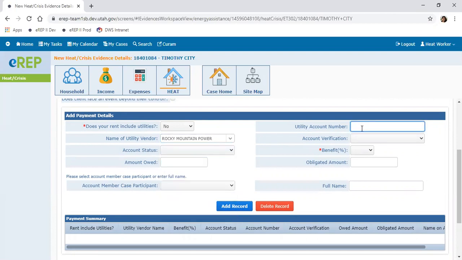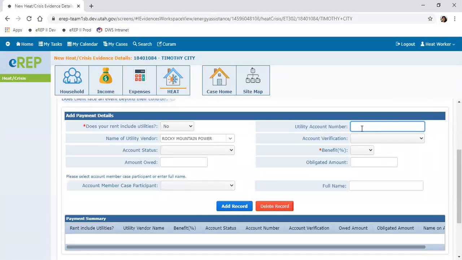One thing to note with Rocky Mountain Power and Dominion, the system has been programmed behind the scenes to make sure that Rocky Mountain Power has 15 digits in their account number and Dominion has 10 digits in their account number. This is to help check and balance us to make sure that we're not shorting the account numbers or putting incorrect account numbers. This doesn't catch when the account number is completely wrong. I mean, it could be 15 digits, but if it's completely wrong, the system's not going to catch that